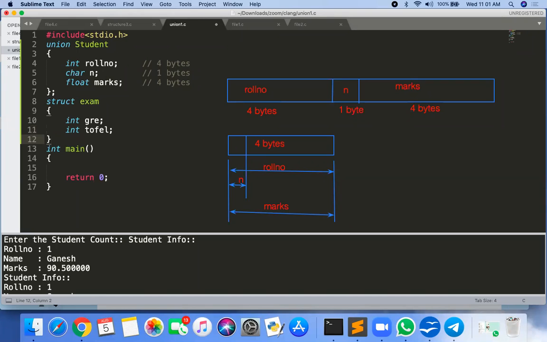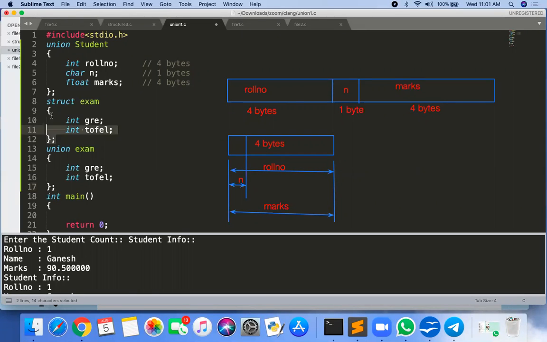And the same way I'm using union, instead of struct. Now of the two exams, I'm only going to give one. So which technique should I prefer? Tell me, union or structure?